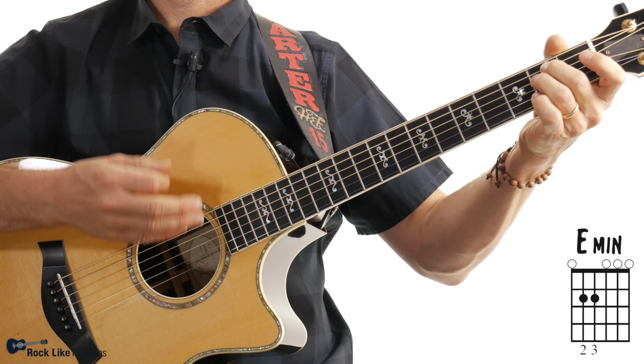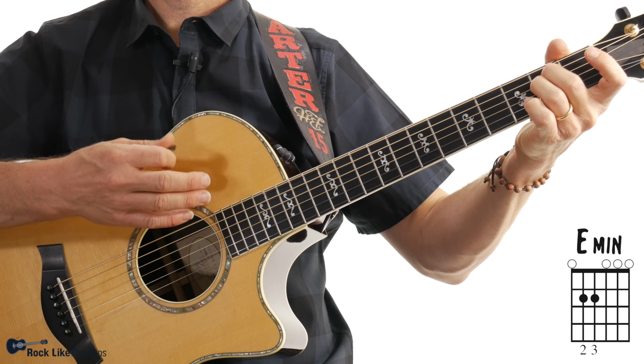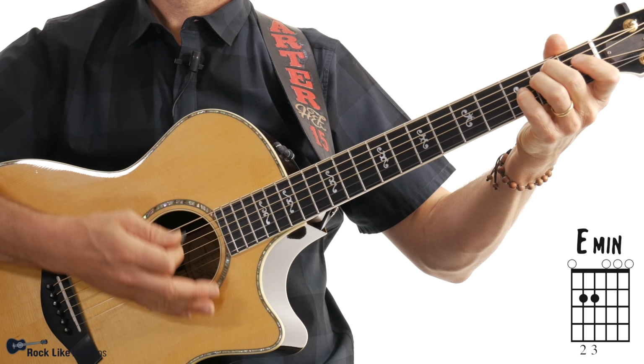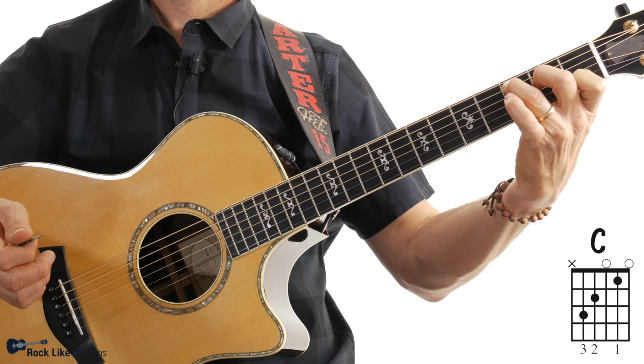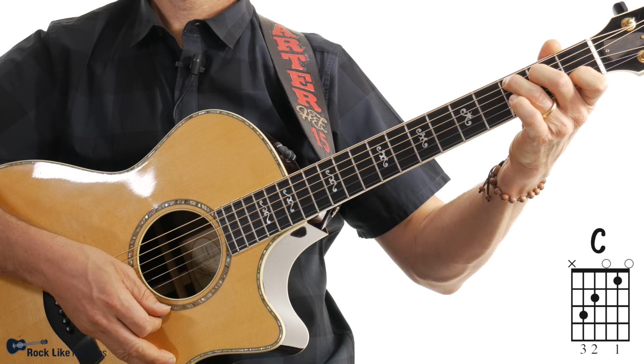3 and... Next chord, we go to the C. The C chord is just going to get 1 measure. So let's do it on C. Ready, and...